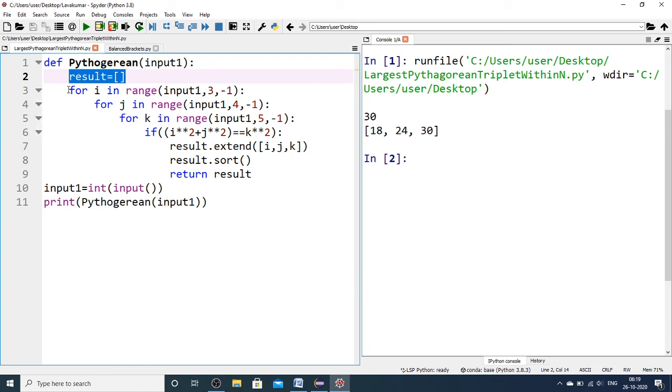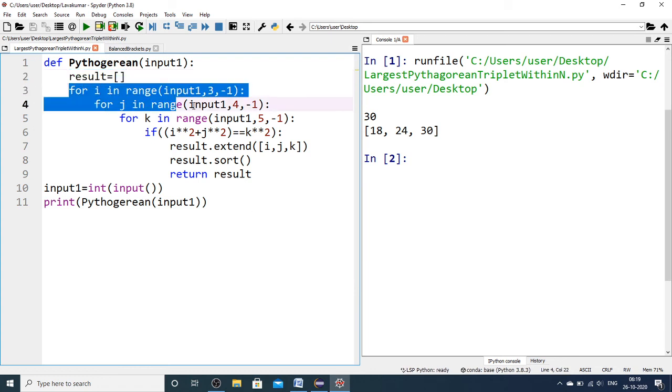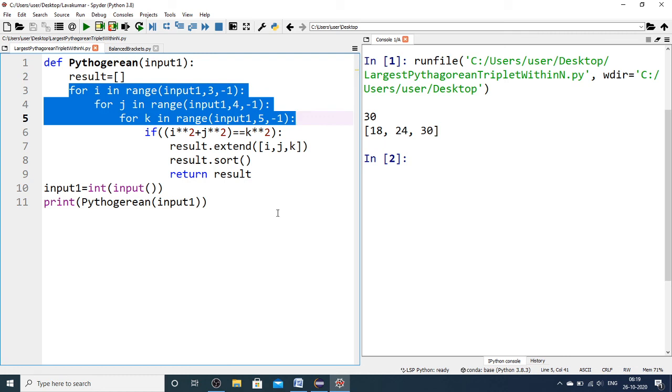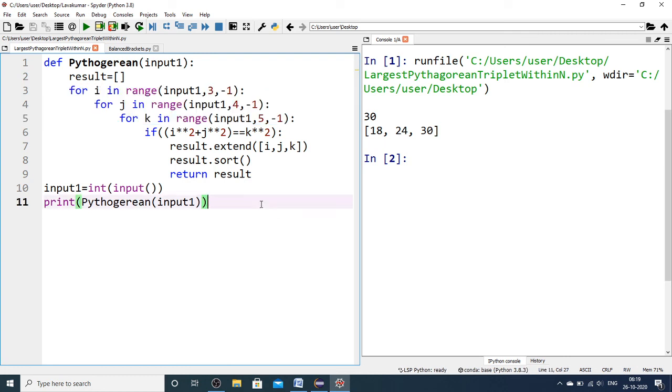Just like in the Java code, the same way I am running i, j, k loops in reverse order, and whenever this condition i square plus j square equal to k square is satisfied, I am adding those three values to the result list.